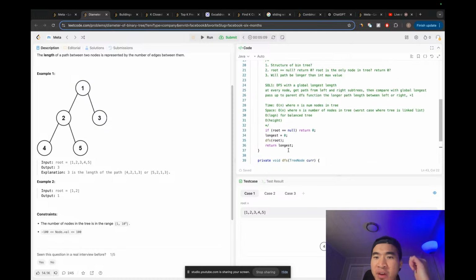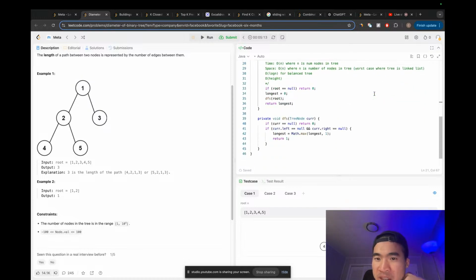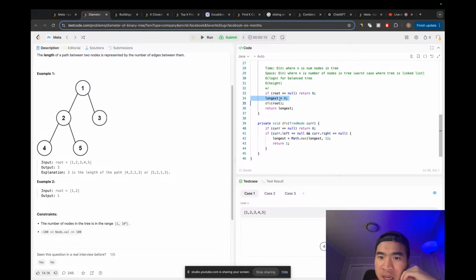So this takes care of the case where root is the only node in the tree. So we set longest equals to 0. We call DFS on root. We check that root is the leaf node, so we have to update longest to be 1, and then we return 1. Okay. Otherwise, we need to get an int left length, which would be DFS current left,